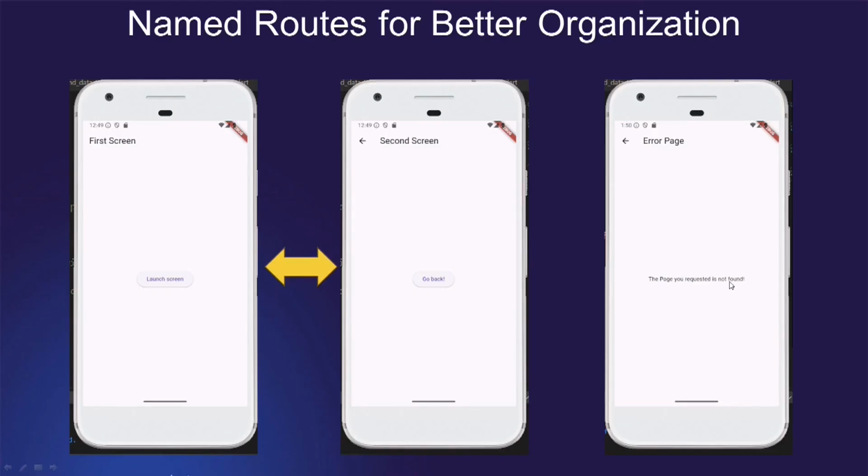So you can also configure misplaced routes using functionality like displaying an error page. In this case, we register route names in MaterialApp, and onUnknownRoute gives you a safe fallback when a route isn't found. So here, when onUnknownRoute is called, the system decides that this is not a registered page, so it will display this unknown route page.